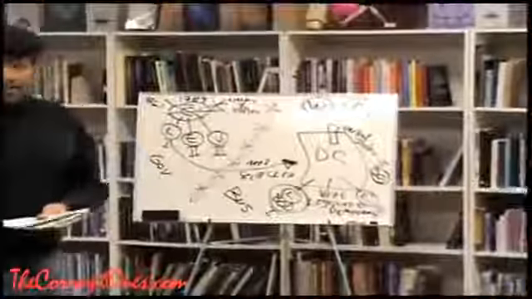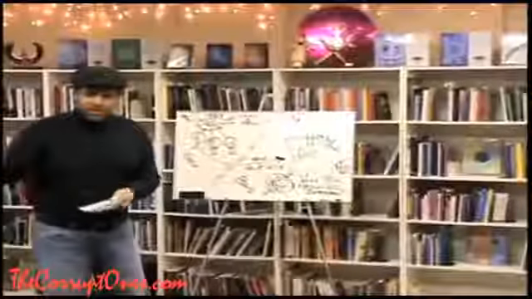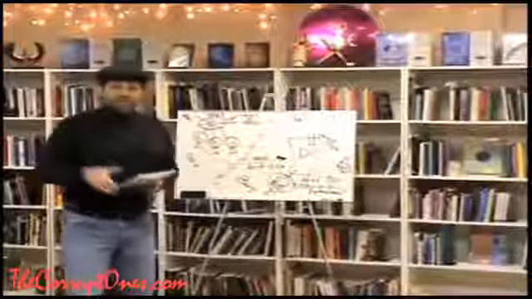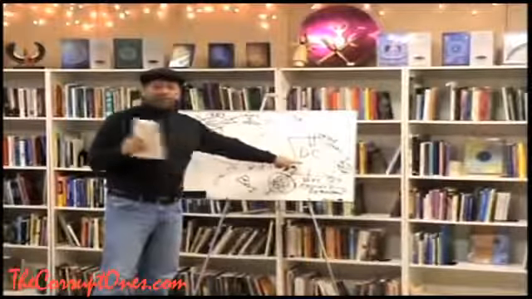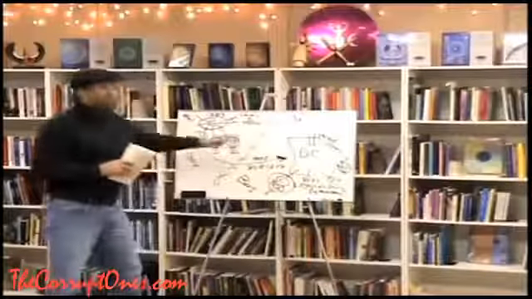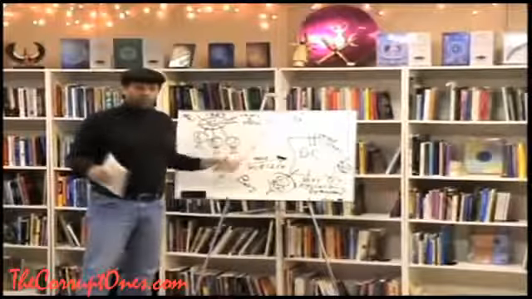Just remember, I said earlier, the 14th Amendment says all persons born or naturalized in the United States and subject to the jurisdiction thereof are citizens of the United States and of the state wherein they reside. Persons. And here we go. Does everybody have this? Because now I'm going to go into the 14th Amendment and how it all fits together.